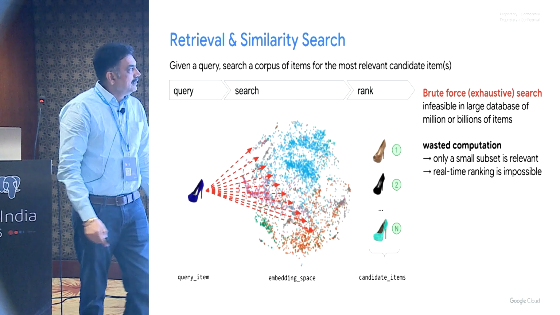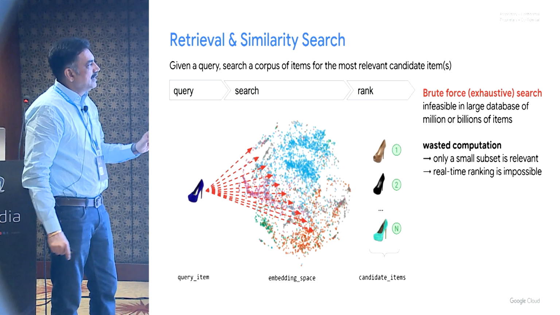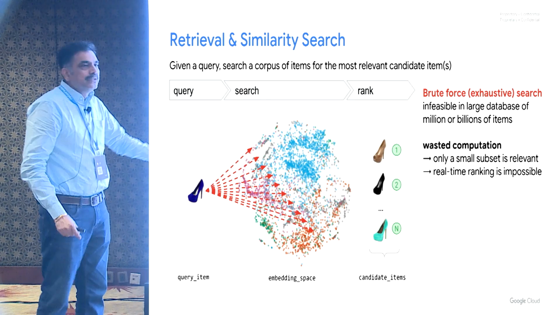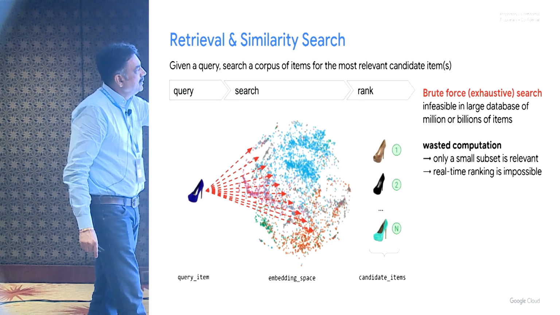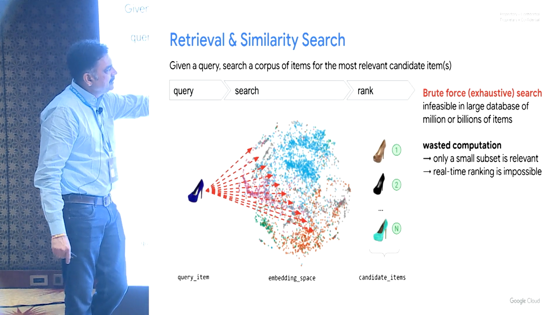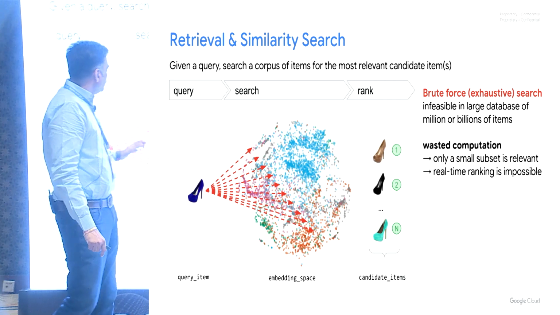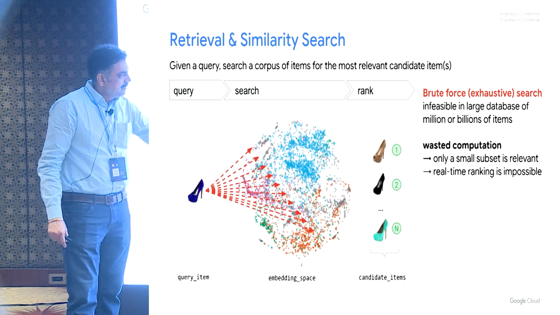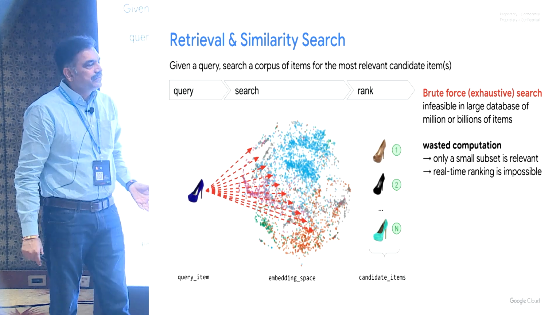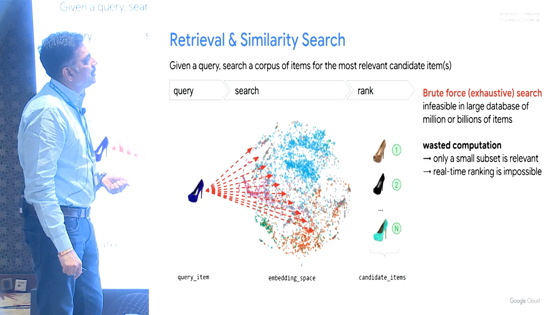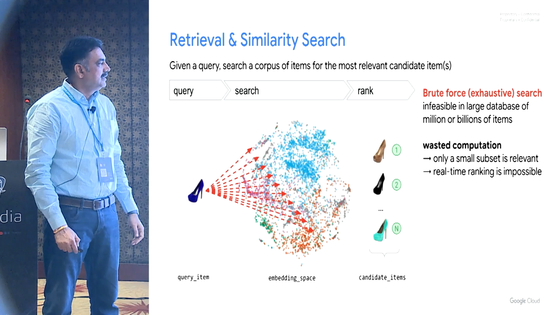So what happens if I don't have an index on a database and I'm searching for a high heel shoe? This is my query item. I uploaded this and generated an embedding out of it. That embedding gets mapped against the existing embeddings within the database. This is my shoe database; I have uploaded all my shoe images and generated embeddings from them. This embedding has to go one by one across these millions and billions of shoes, find out what is similar to it, and then rank it. It's a fairly expensive operation, and with millions and billions of items it becomes infeasible as well. So that's why we need indexes,